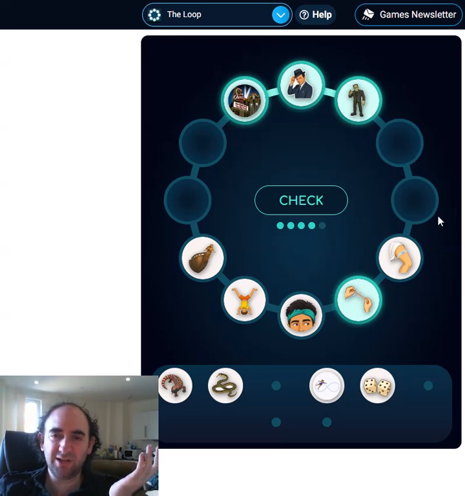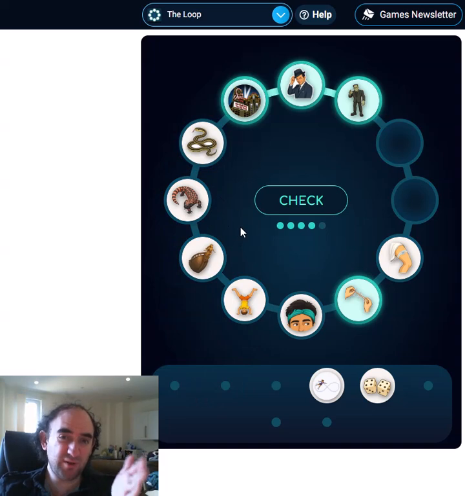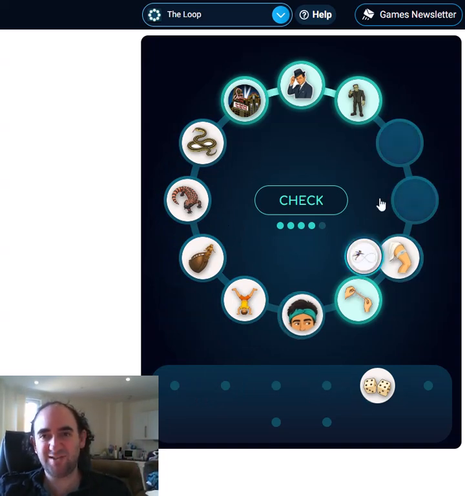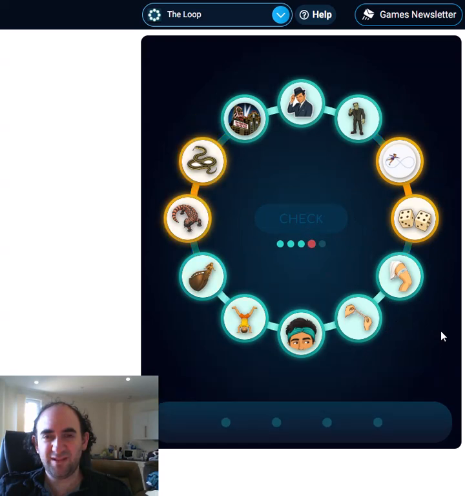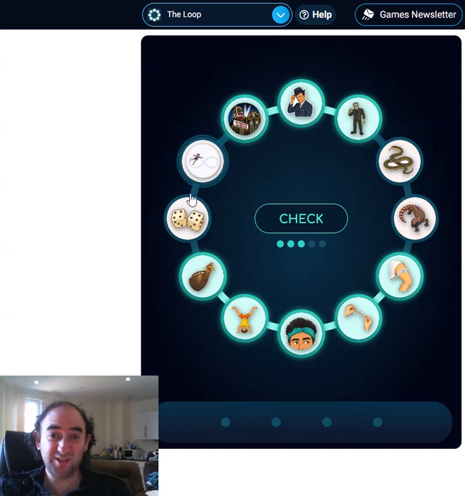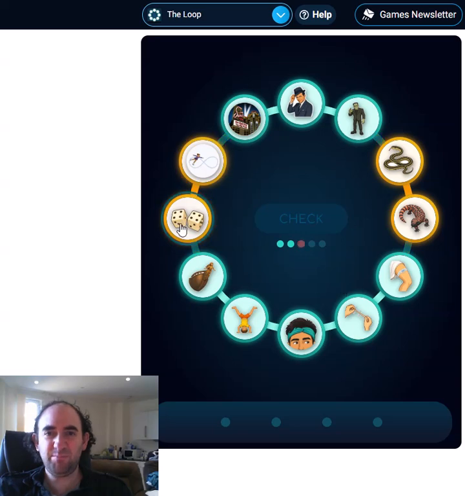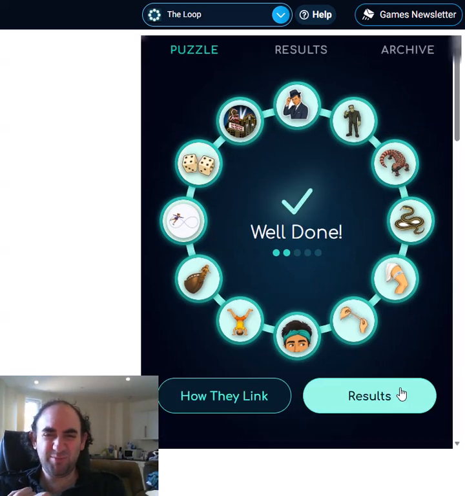I really have no idea how Frankenstein connects to any of these 4 pictures. That's the problem. So let's put these two that way around, just in case I was correct at the start when I said about snakes and rats. I mean, I guess we'll put them that way around, but I don't know why. Oh, that's frustrating. Okay, so those are on that side, those are on that side. But again, these two could be the wrong way around, or these two could be the wrong way around. I really don't know. Oh, they're both the wrong way around. That's just a bit unlucky. Oh, I solved that more by guessing than by logic.